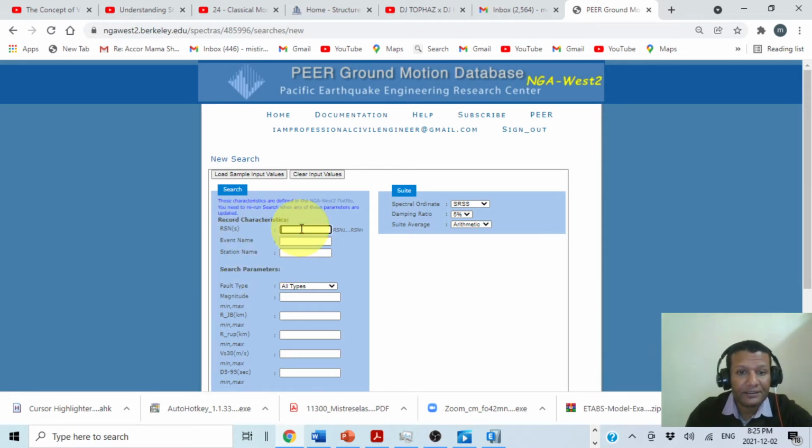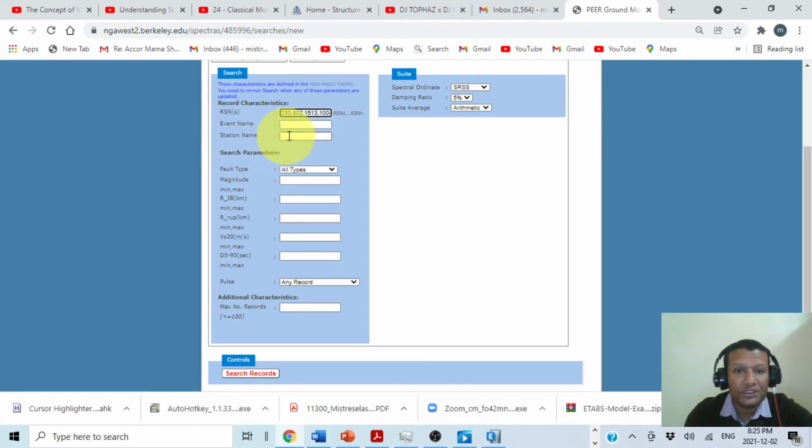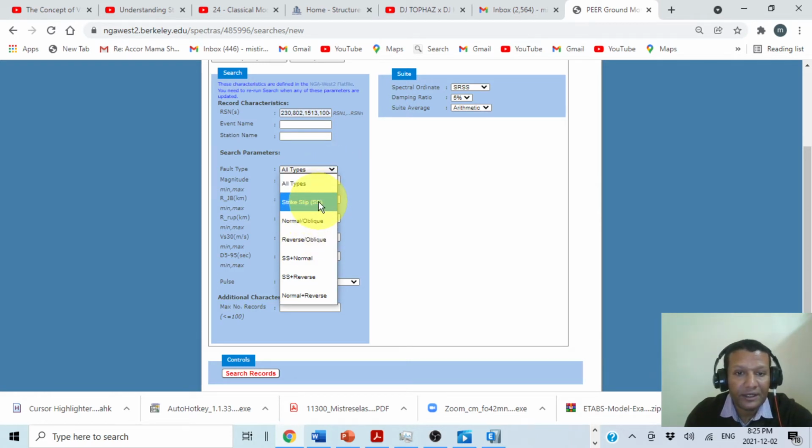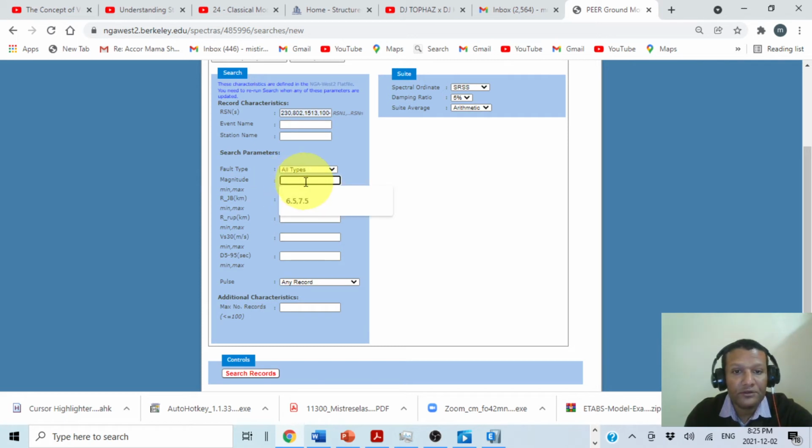RSN, this is a record station. If you know the record station, for example, for me, I think these are the record stations. If you know the record station, it's okay, or event name, or station number, or fault type. If you know the fault type, strike slip, normal oblique, reverse oblique, SS, normal, reverse, normal reverse. If you know that, you can choose magnitude, for example 6.5 until 7.5, RJB, this RJB, Joyner-Boore coefficient,